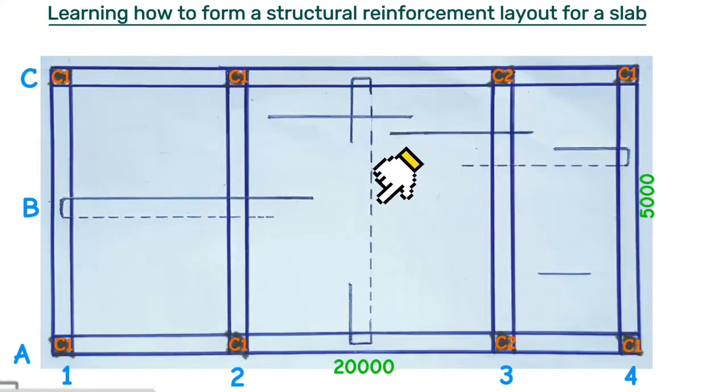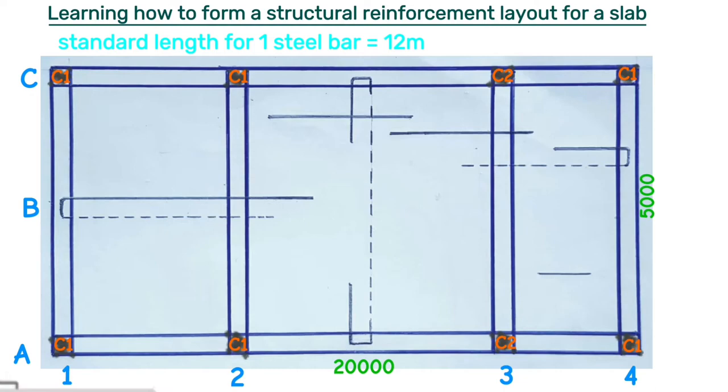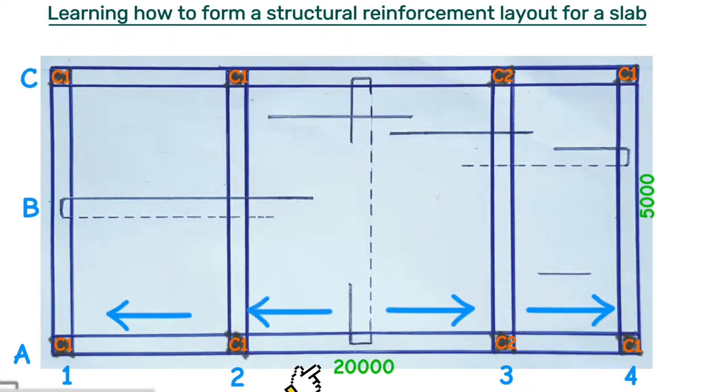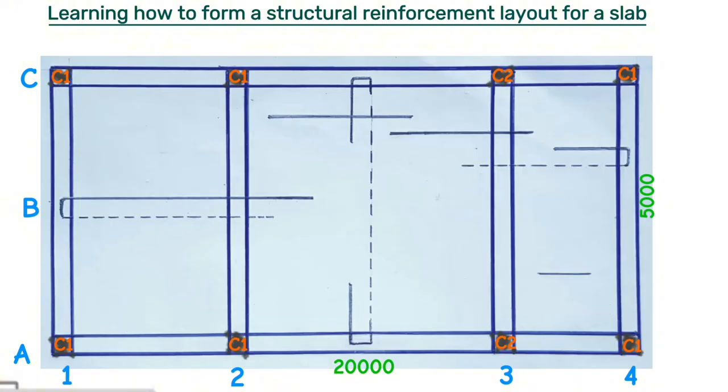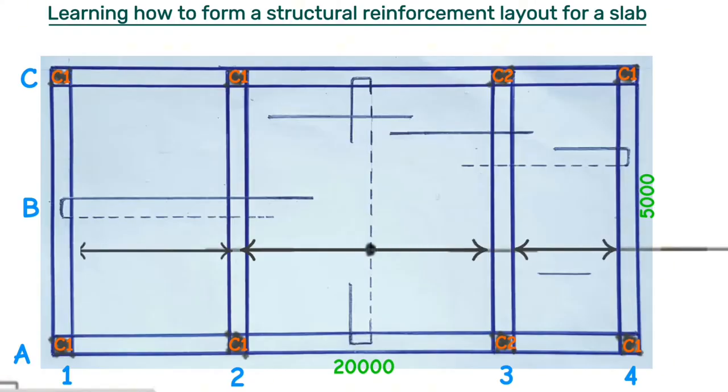This is a single steel bar arranged along the width like this. The standard length for one steel bar is 12 meters, and due to the fact that we have 5 meters along the width, that simply means that we have no overlapping, and this will be a single steel bar. But of course they are arranged along the length, and this length is 20 meters. These steel bars are at a spacing of 150 mm center to center, therefore we need 135 of them to cover this entire length. We write the description outside the perimeter of the slab, so this is 135 steel bars of H12, bar mark 01 at a spacing of 150 mm center to center from one steel bar to another